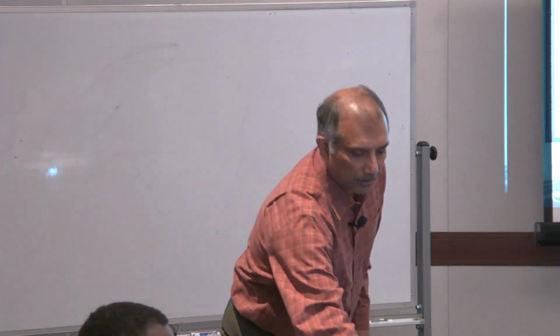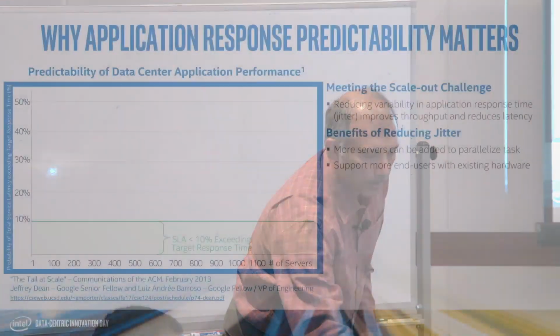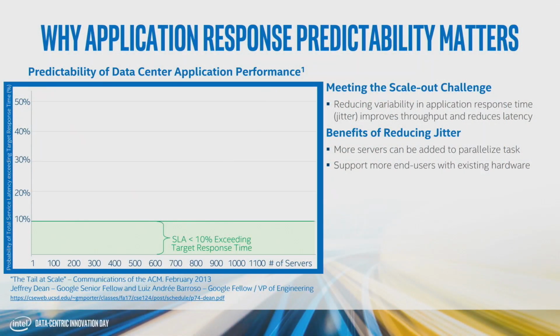So the chart on the left shows you one such example, and let's say that you had an application or a service that had a target SLA of less than 10% exceeding the target response time. So that would mean that if you had a single server that was capable of handling all the requests, 90% of the time you're OK with the response that you get, and 10% you're willing to live with exceeding the target